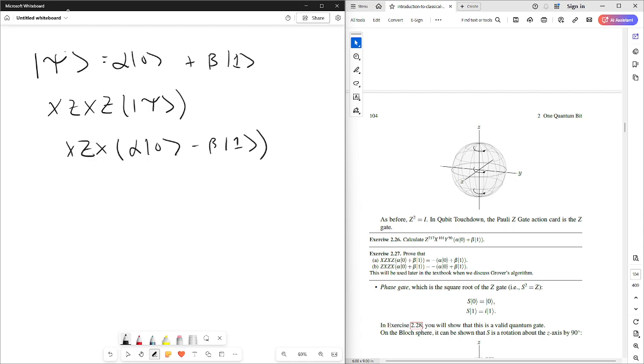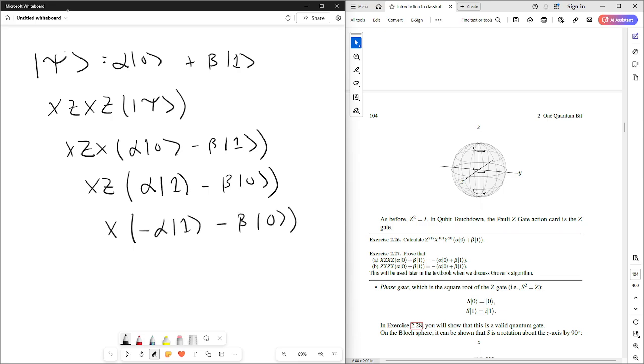X flips, so amplitudes switch. So we get alpha of 1 minus beta of 0. Z keeps 0 as 0 and flips or negates the amplitude for 1. So we get minus alpha 1 minus beta of 0. And X flips the amplitudes once again. So we wind up with